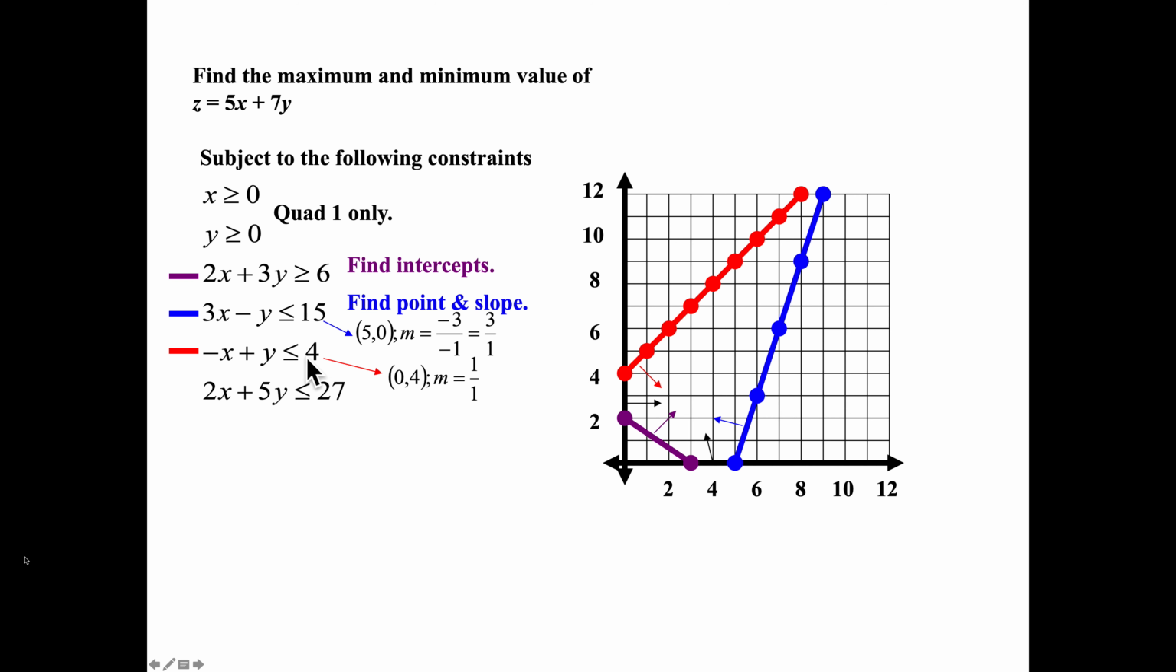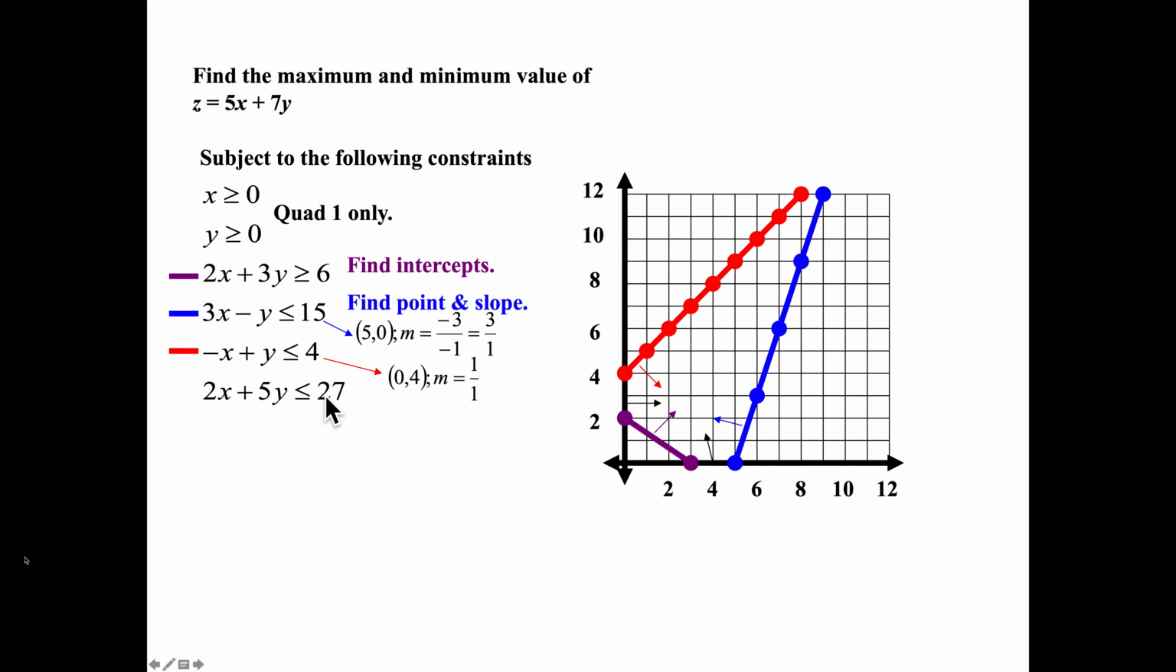Again, 0 plus 0 is less than 4, and this red line would continue here. Your origin is below that red line, so we're shading in this direction, so everything appears to be in this region so far. Now, the last one, this one's kind of difficult because the 2 doesn't go into 27,